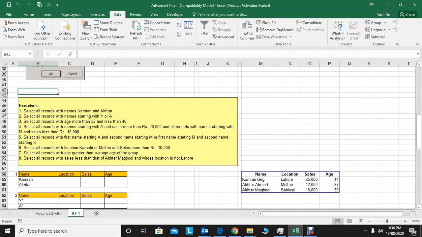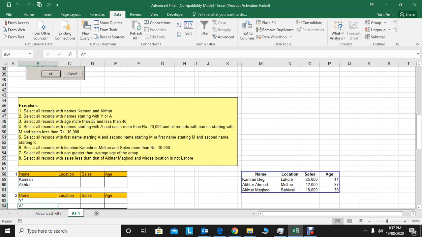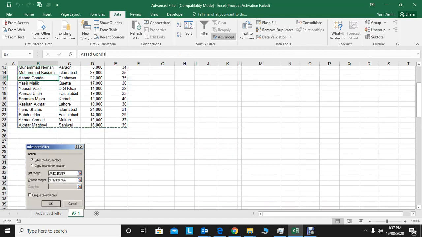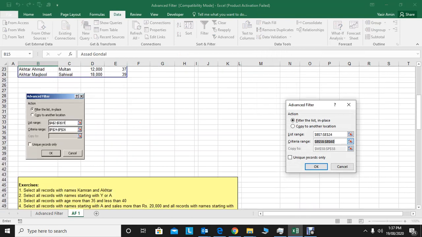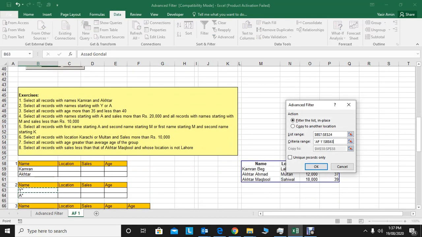Now the second exercise is to select all records with the name starting from Y and A. So I put Y star and A star. Same thing, I go there, advanced filter, select. Now the second step, criteria. This time the criteria is different.